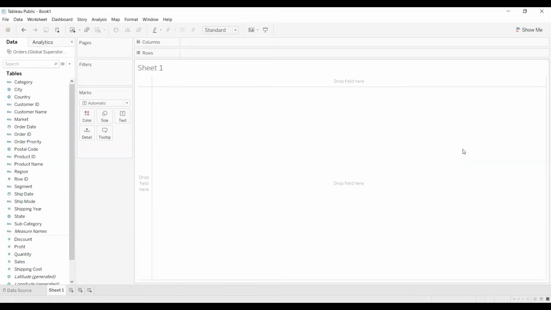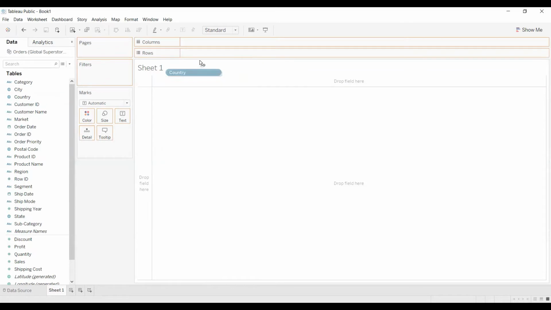Now let's discuss one example. So as you can see, I have already imported the global superstore dataset, and you can find we have columns as country, state, and city. So I will use these three columns to create cascading filters because we know they have a hierarchical relationship between them. Country will be the topmost hierarchy, then comes state, and then comes city.